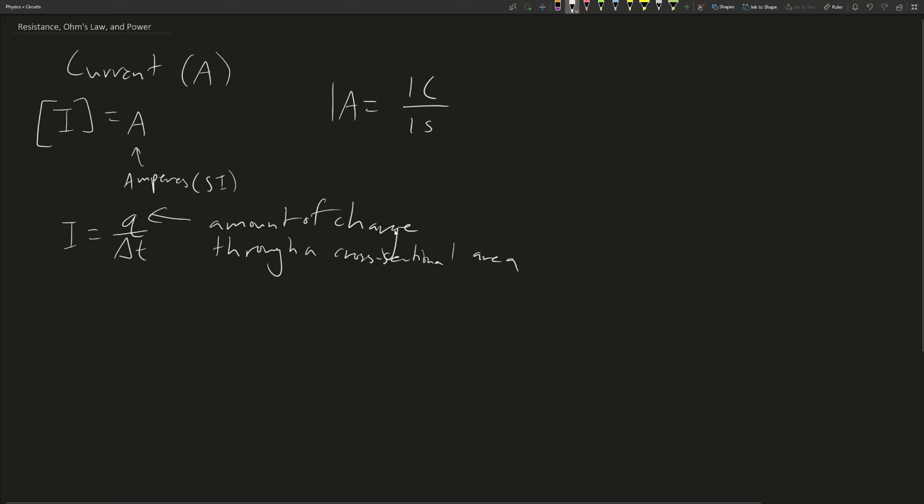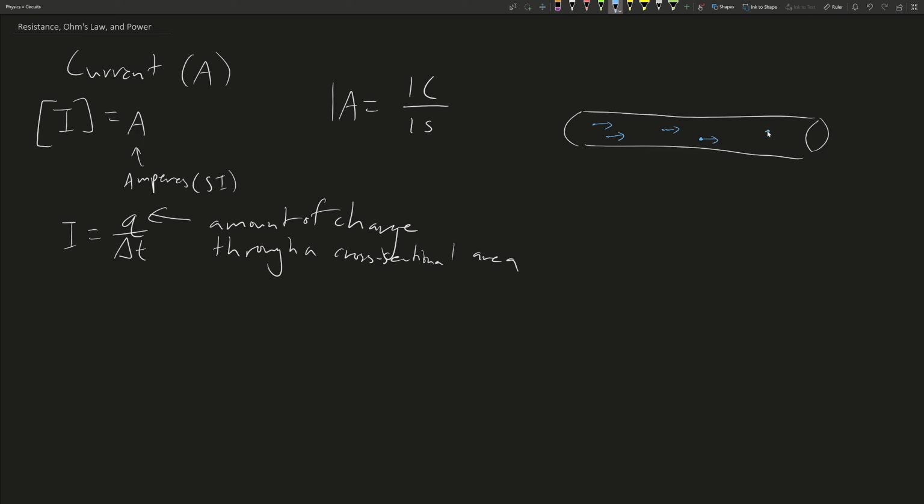And so what this means is that if you have, let's say, a wire here, and you have charges that are flowing through it like this. A cross-sectional area here would be, let's say you take a cut of this wire, and it's right there. So this red area would be the cross-sectional area, and through a period of time, let's say 1 second,